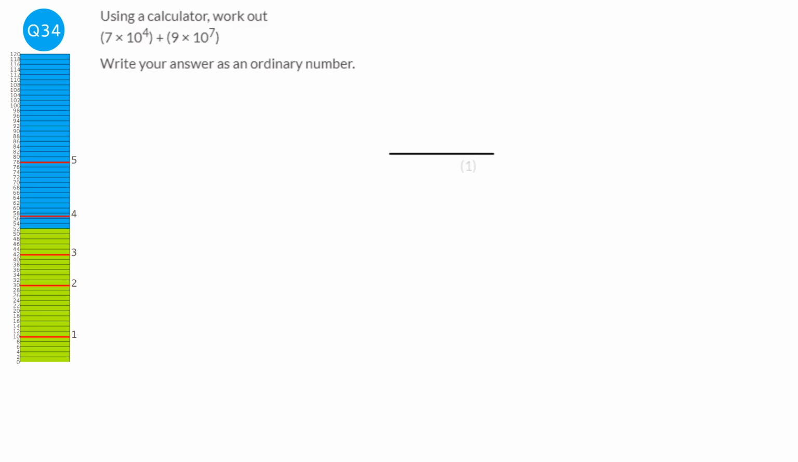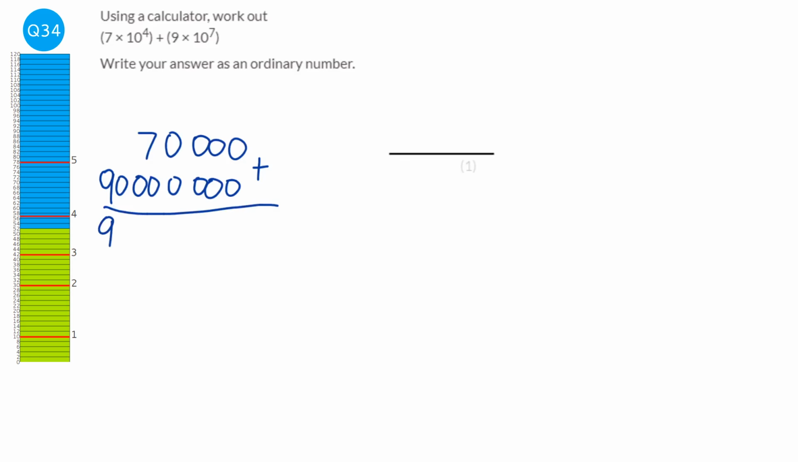So 7 times 10 to the power 4 is going to be 70,000. And 9 times 10 to the power of 7 will be 90 million. And so when you add them together, you get